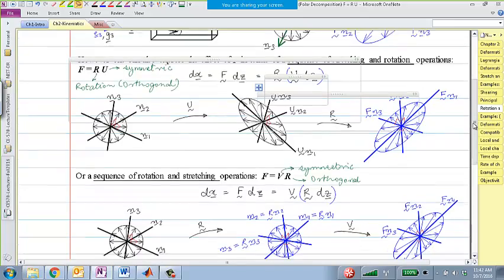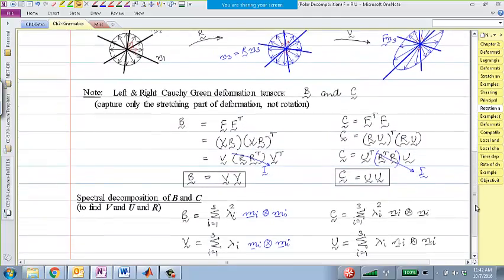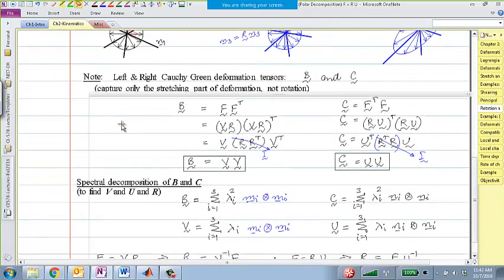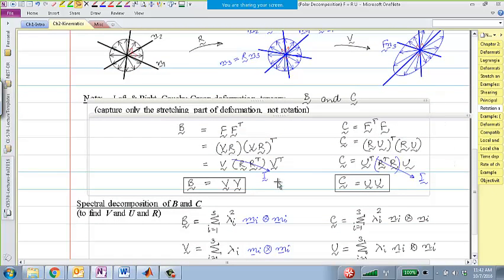The other way to think about it was, if you were to take the undeformed tangent vectors, you rotate them to their final correct directions first, and then you do the stretching by the V tensor to stretch them into their corresponding amounts. And we went through an exercise last time of how to find these V and U tensors